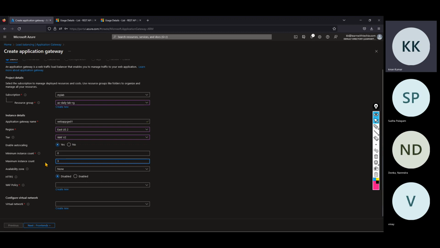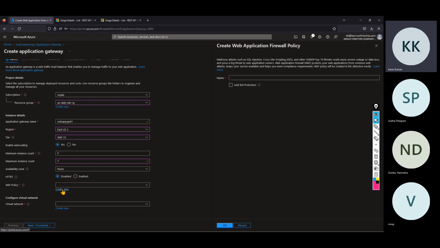Right now I can give the maximum instance count, and availability zones spread into the 3 zones, getting more high availability for the application gateway. And the HTTP2 protocol, you can enable it if required. Right now I don't require it. And for the WAF policy, yes, there is a WAF policy, like that I'm giving the name, and add bot protection also. Some people create software and send requests through it, and try to shut down or interrupt our services. Instead of that, add bot protection, so in case of any bot attacks,